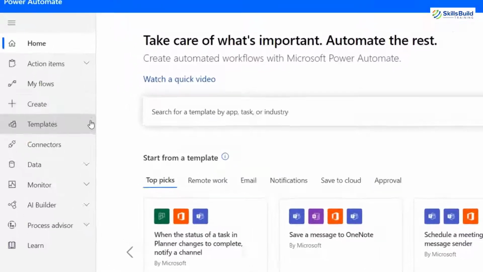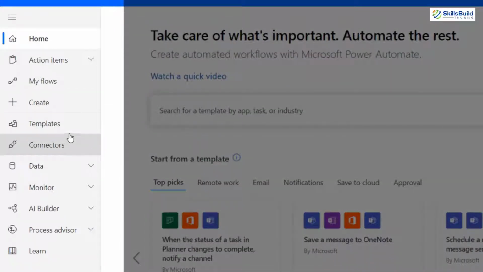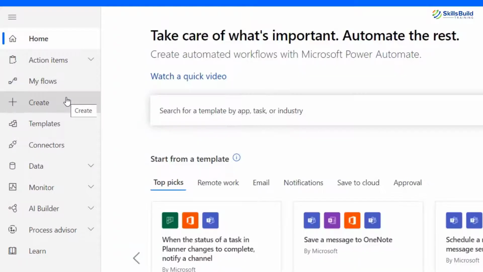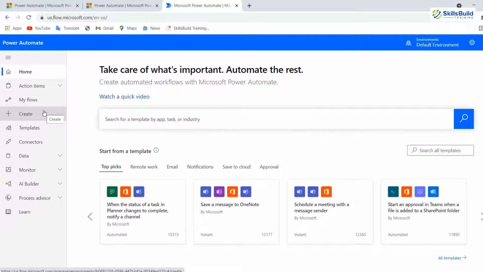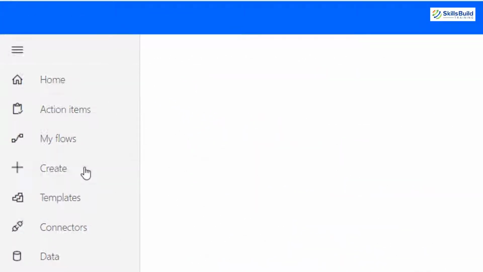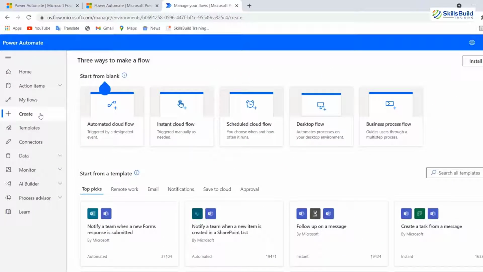Now, here you can see the app comes with ready-to-use templates, recommendations, connectors, and you can also create different flows. The navigation is very intuitive, which makes it perfect for users with little or no programming knowledge. From there, you can create flows that take the data of a potential client and transfer it to Dynamics, capture tweets with certain parameters and retweet them automatically, save document attachments in emails on OneDrive or SharePoint, and receive notifications on your mobile device. This list is endless.